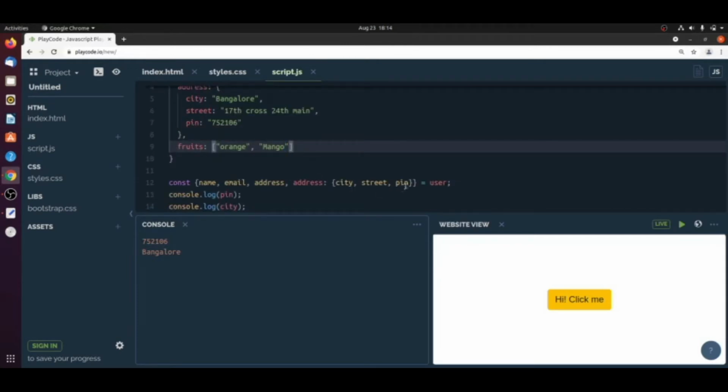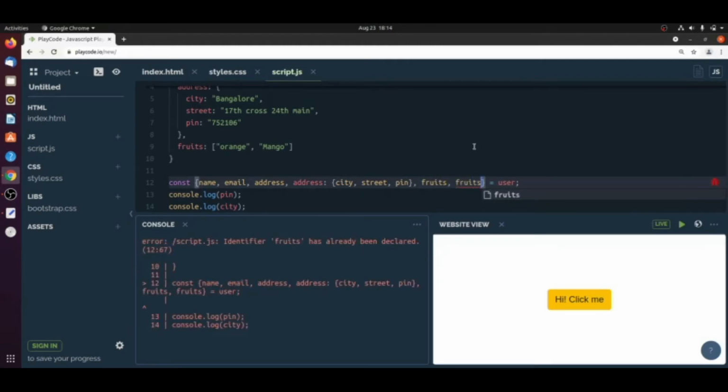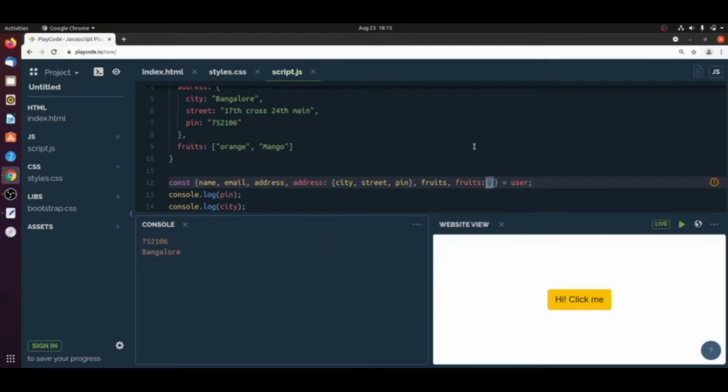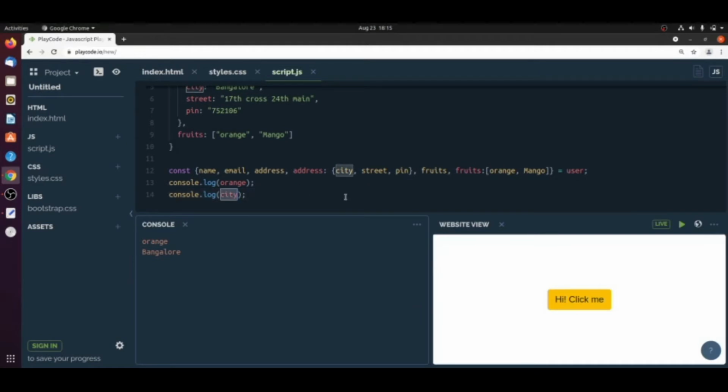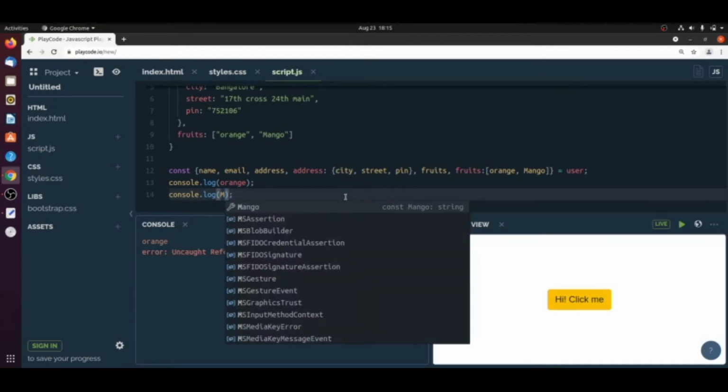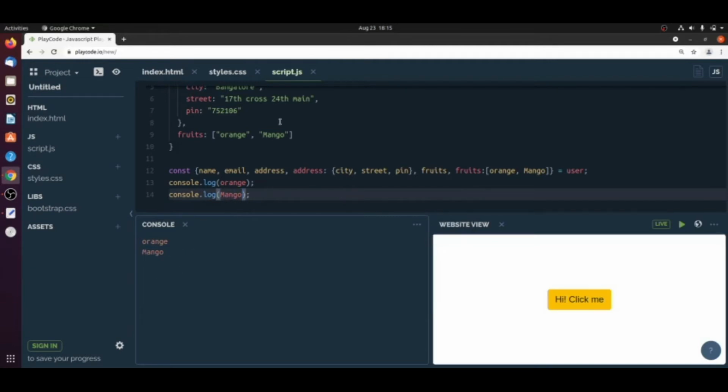This array value we can also print in the same way, like fruits. See, it is coming. If I type here just mango, now see it's also printing.